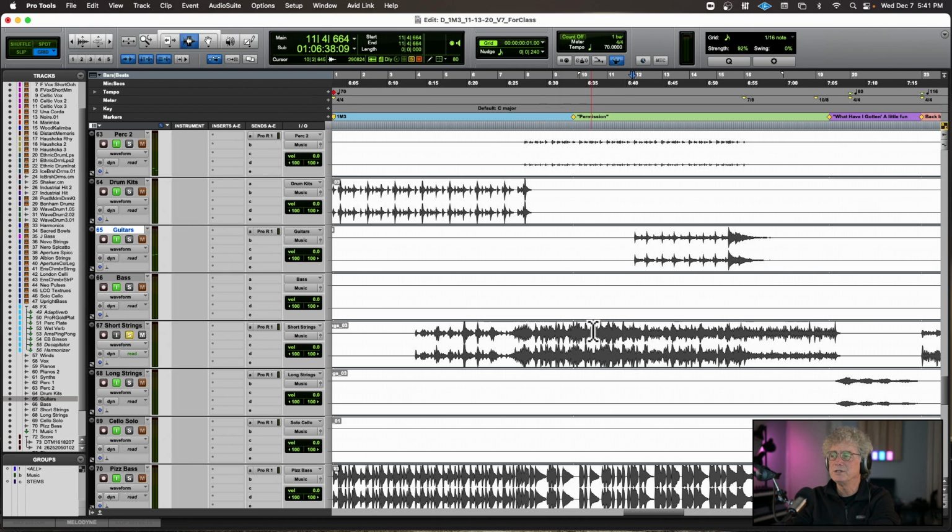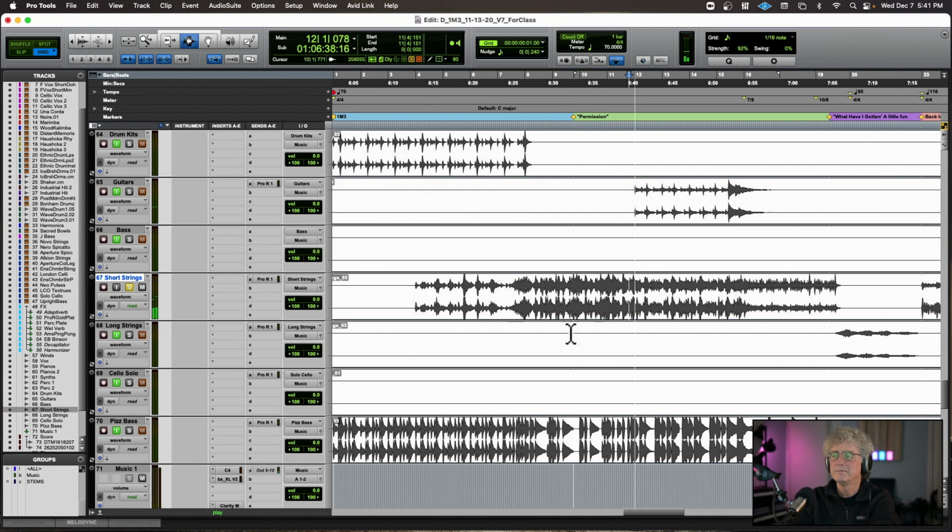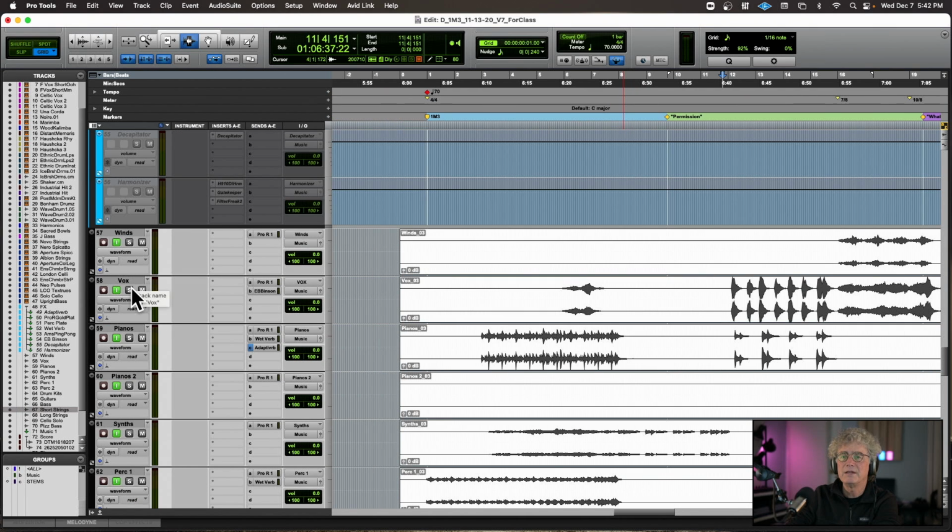And the strings continue on. Right, and boing, acoustic bass. So that's really a nice groove. And then there's this vocal bit and the piano.